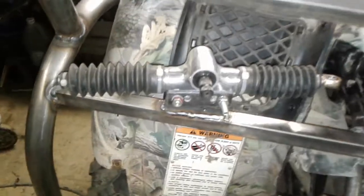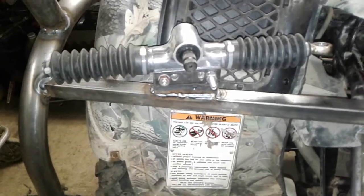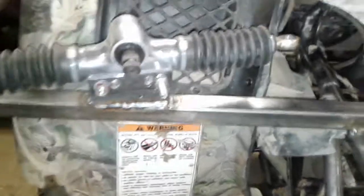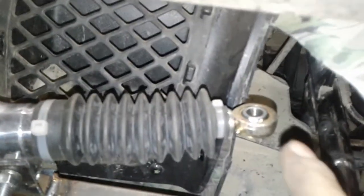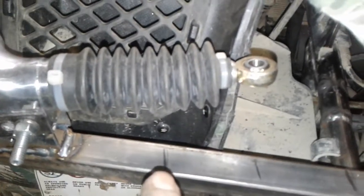This will probably be the last thing I do out here tonight. The rack and pinion is mocked up in there. Well, not mocked up, well, the bracket's welded solid. I just got a couple bolts sticking in it. There's the tie rod. What I got is this